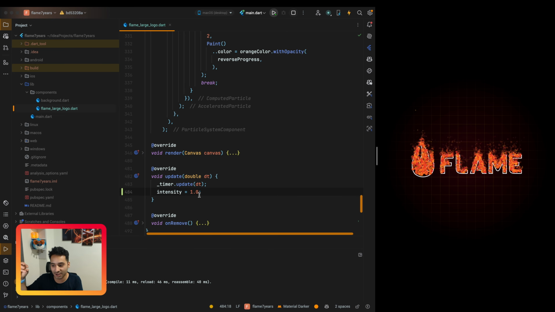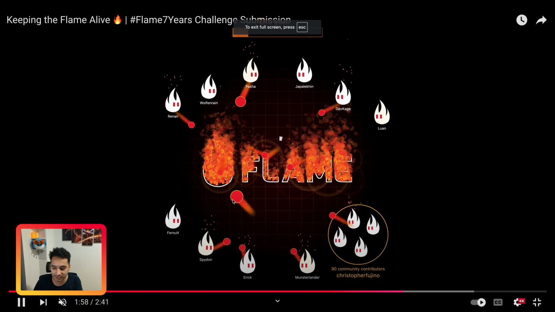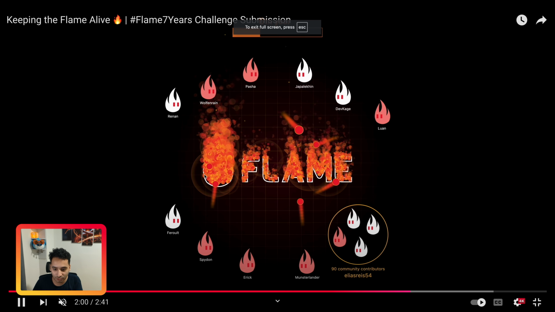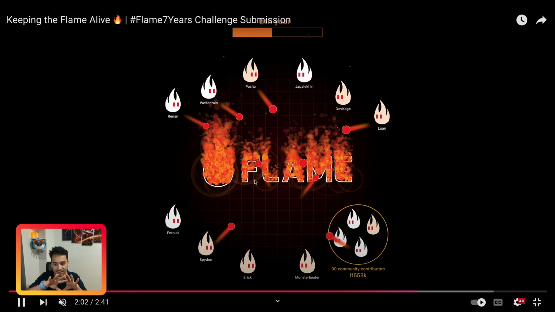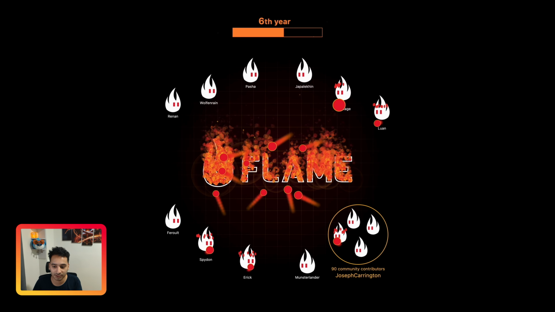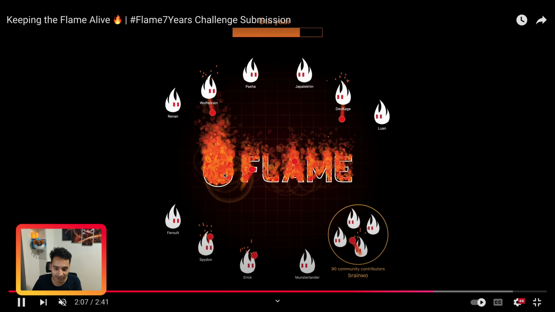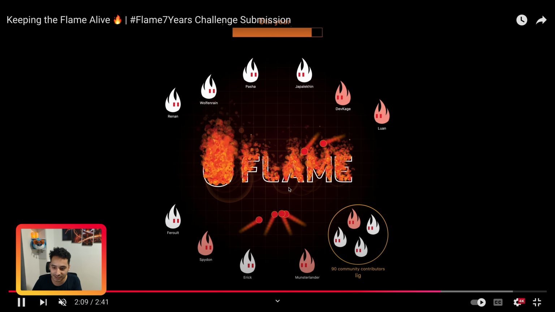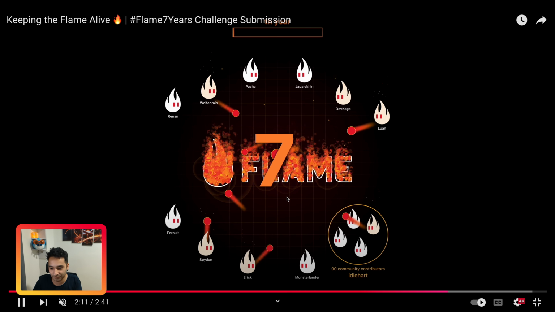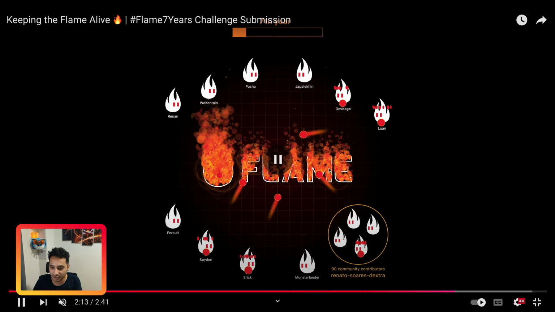And when a fireball comes, it bumps to something like 2 to make the intensity more in that area. So if you look at the design, when a fire orb comes, the intensity increases for the specific part of the flame. You see that here, for example, we have a lot of intensity. And yeah, I think you got the idea.